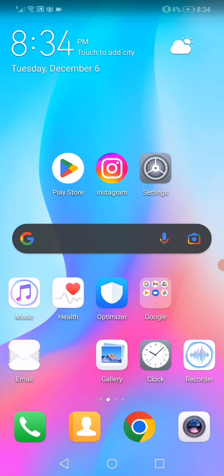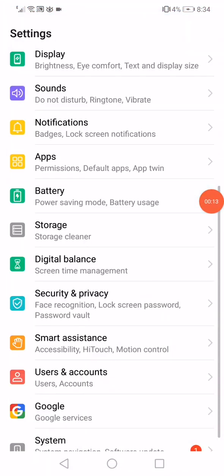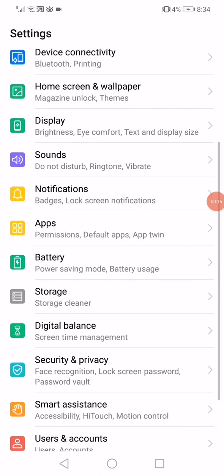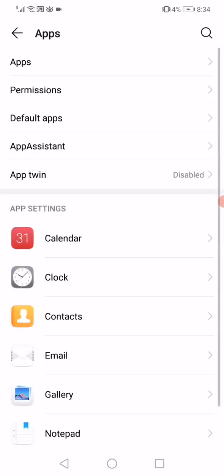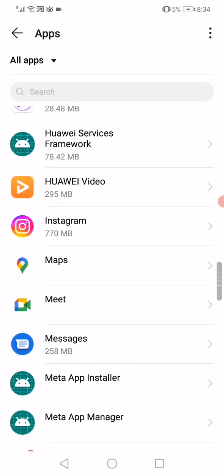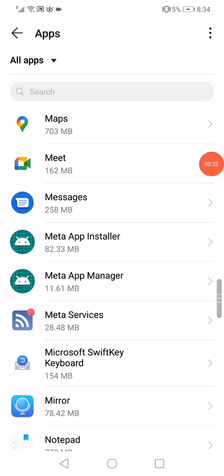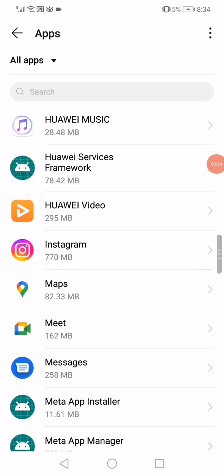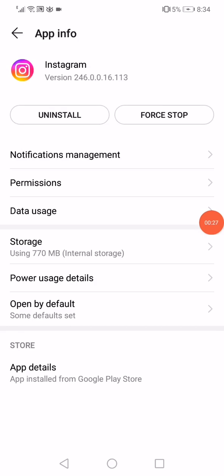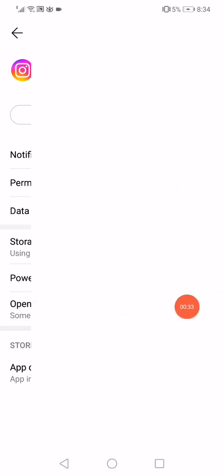The first way is you have to open the settings on your phone and then go to the apps, and then search for Instagram right here between all the apps. When you find it, just click on it. And now all what you have to do here is go to this option, it's called open by default, and